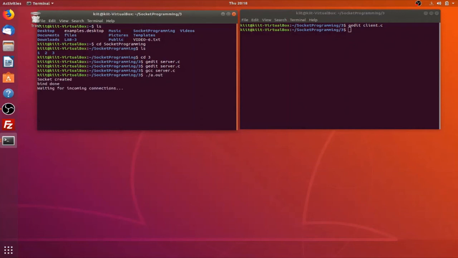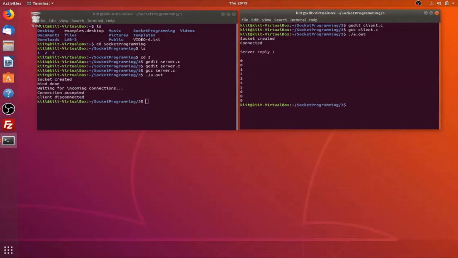On executing, we have received the message saying the socket has been created successfully, the binding has been done, and waiting for incoming connections. Now is the point we can go to your client side. So on compiling the client side of code, we are good to go to execute. So on executing